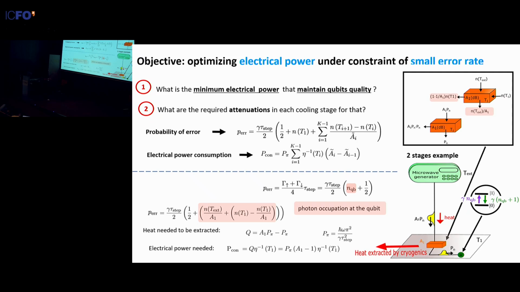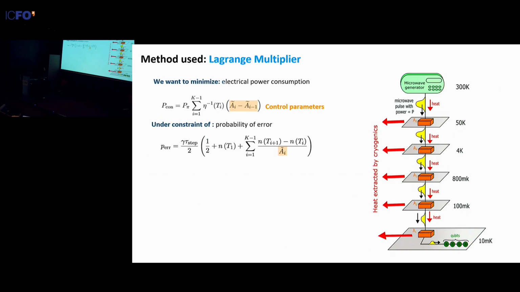So here, the electrical power consumption is equal to the heat needed to be extracted multiplied by the inverse of cooling efficiency at this temperature T1. So here, by generalizing for k number of stages, we get the general mathematical expression. So as I said before, we want to minimize the electricity that we give to the system, but at the